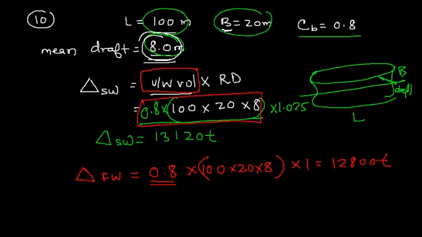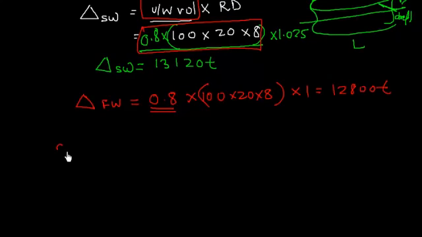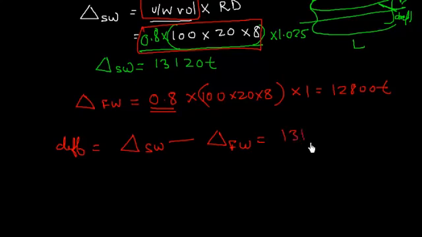I get 12800 ton. So the difference is the displacement of salt water minus displacement of fresh water, which is 13120 minus 12800, so I get 320 ton. Well, if some of you are